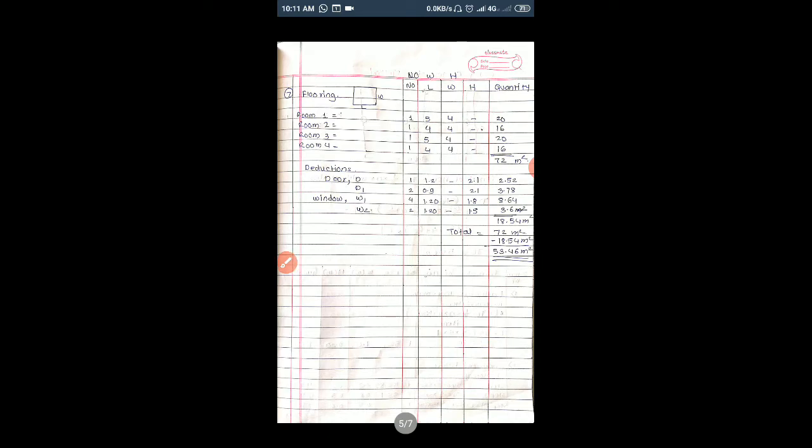Then for flooring we have a very simple thing. We will provide flooring for this room internally, so just consider length and width. Flooring is measured in square meters, because the height or thickness part is very minimal, 0.2 or 0.3 likewise, so that doesn't play any important role. We will measure this flooring part in square meters, so just length and width, that's it.